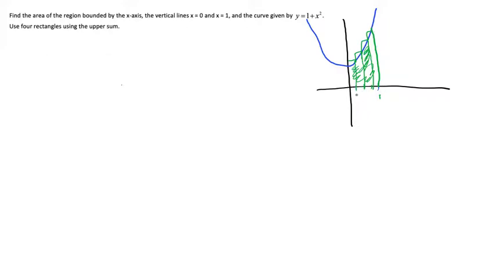So we know that this is the point 1/4, I'm sorry, right? This is the point 1/2, this is the point 3/4, and this is the point 1 right here. Let's think about that. For this first rectangle right here, let's just write the formula first, right? For the upper sum, we're going to need 1/4 times f of 1/4, because 1/4 is the width here, and this height is going to be f of whatever that value is,